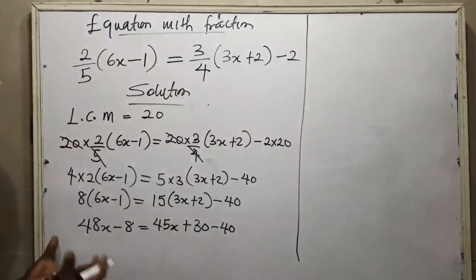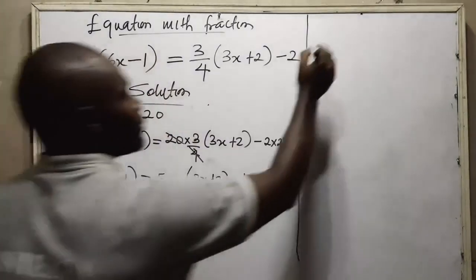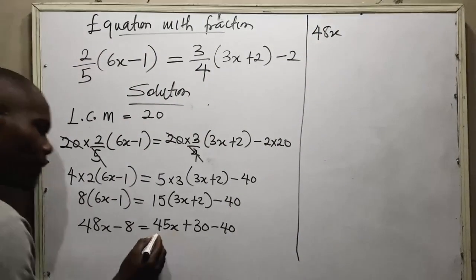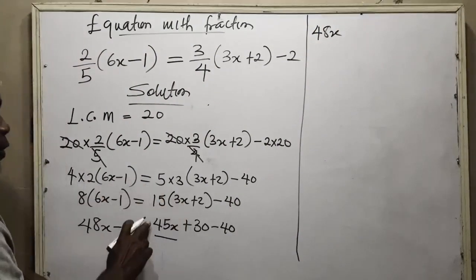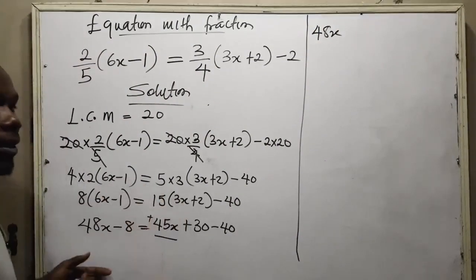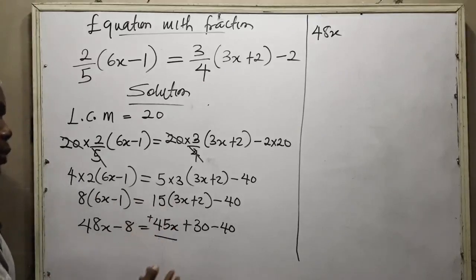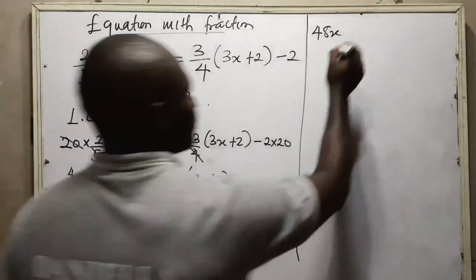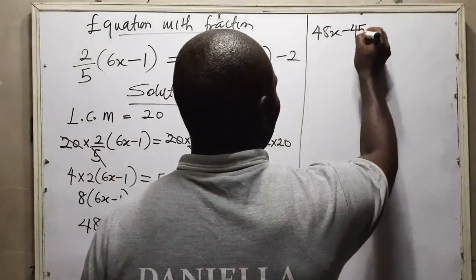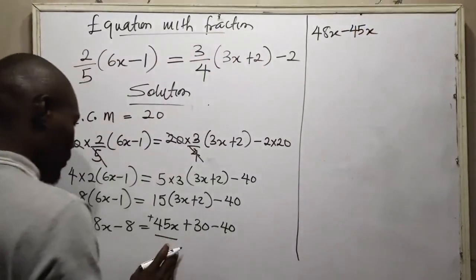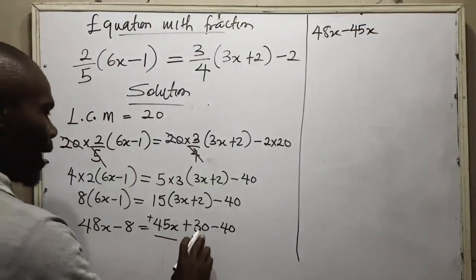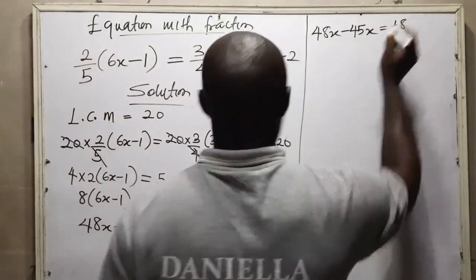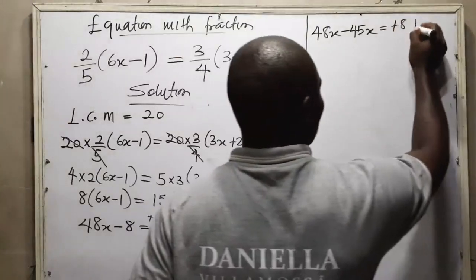So now the next thing you are going to do is try to collect the like terms. This is 48x. You shift this to this side. It is positive already, but the sign is invisible. So you shift it to this side and it will now become minus 45x. Now this 30 will come here to give you is equal to plus 8 plus 30